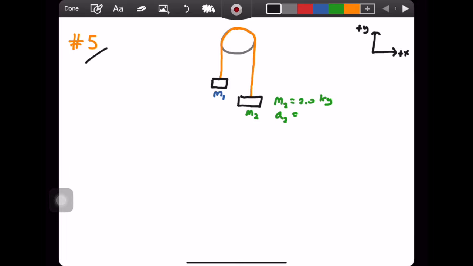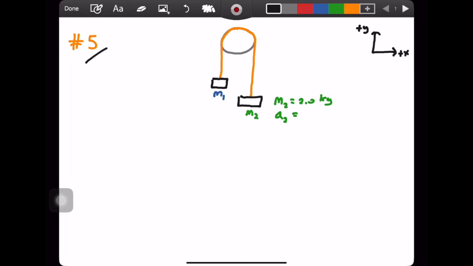It's going to have the same acceleration up as mass 2 has the acceleration going down. You can imagine the distance between the 2 masses, the length of the rope, is going to remain the same. It's not going to stretch or scrunch up. And so then I know if mass 2 has an acceleration downward by a certain amount